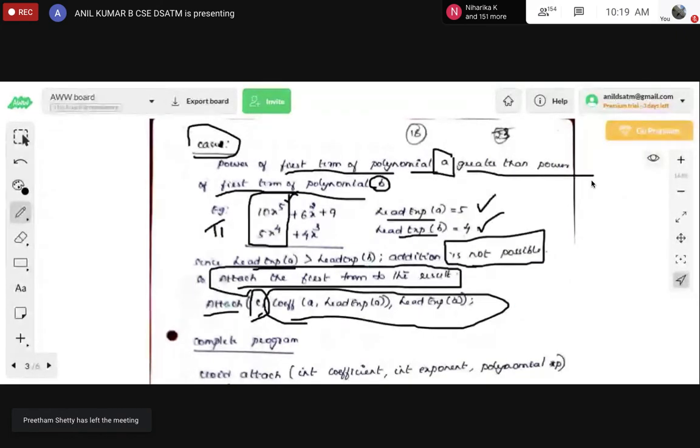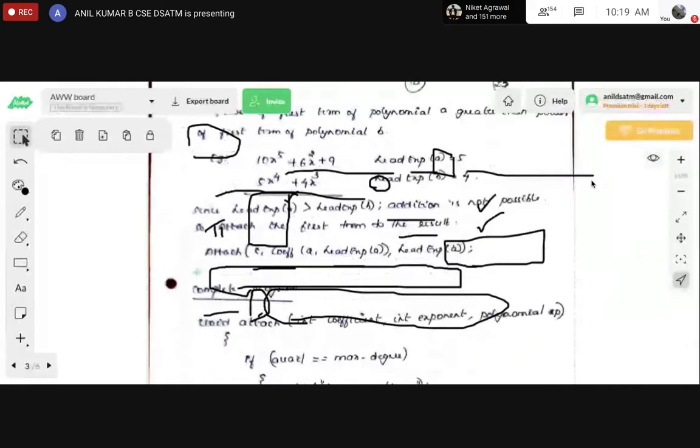If there is no doubt, I'll go with the next coding part. It's a very important part.